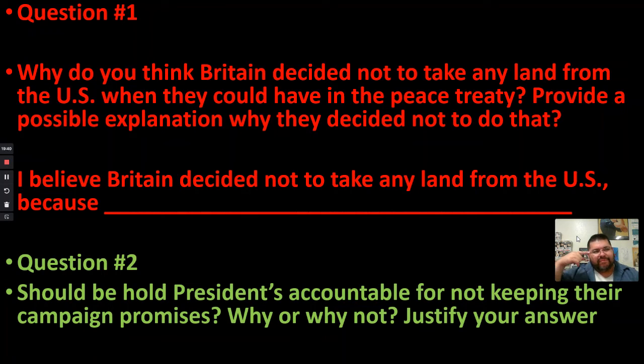So think about somebody who defeated you in something. You promised, if you beat me, I'll do this, and all of a sudden they beat you and they're like, no, no, no, it's okay. Why would they not want that? You guys made an agreement and they say, no, we don't want that no more. What could be some possible things? Same thing with Britain here. What could be some possible reasons why they would do this?